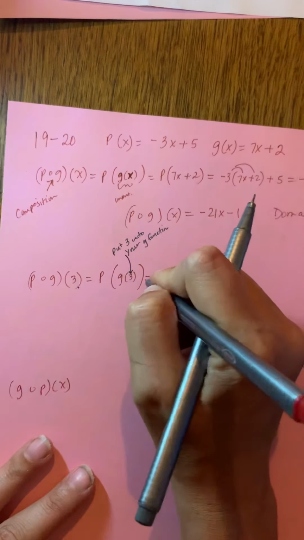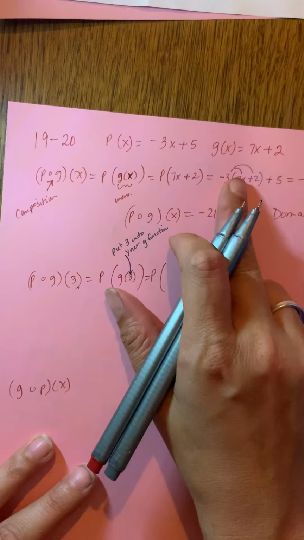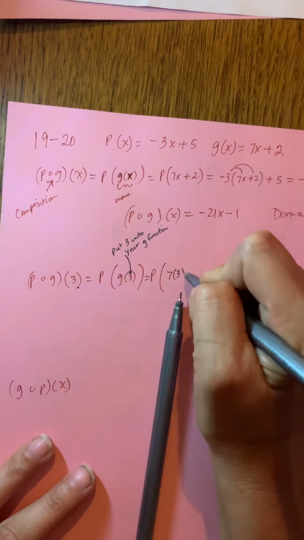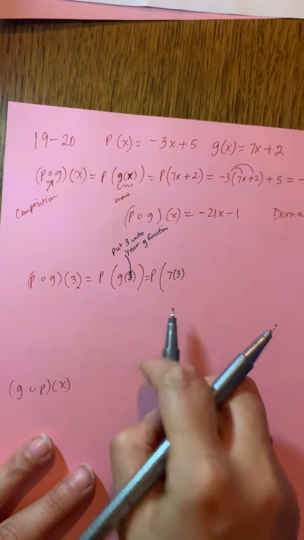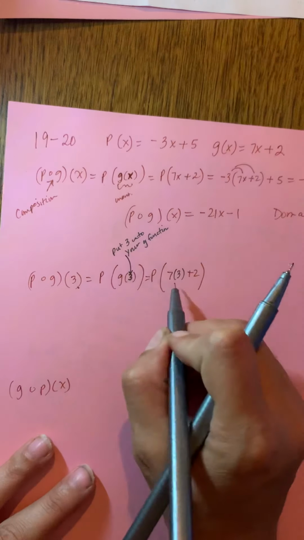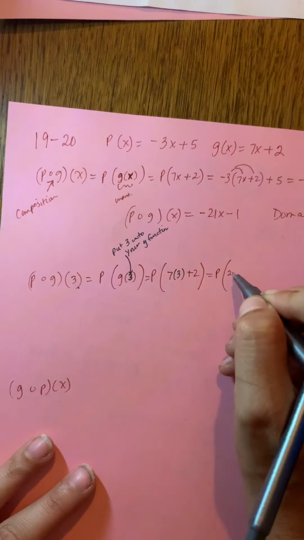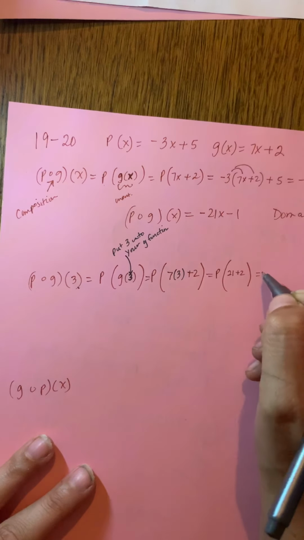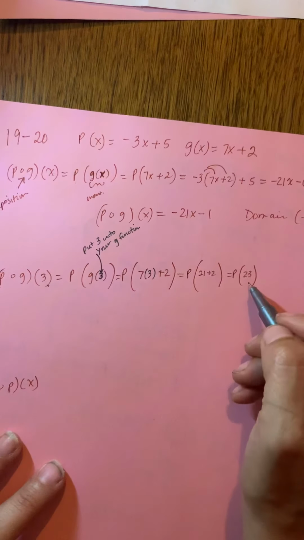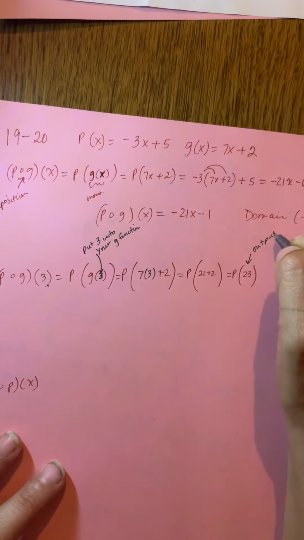That's going to be P of, we're going to put a 3 in our G function. Remember, this is our G function. So it's going to say 7 times 3, because that's my input, plus 2. Let's figure out what that is. Remember, that input's going to give us an output. So we have 21 plus 2, which gives me P of 23. Take that in for a minute. Where'd the 23 come from? Well, that was our output from